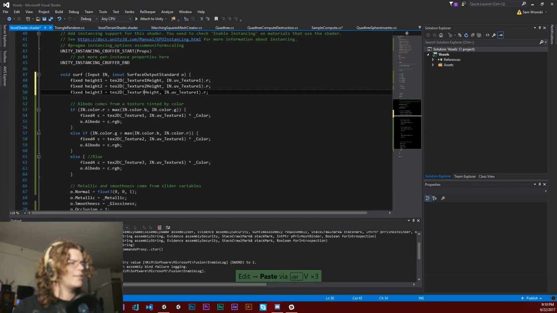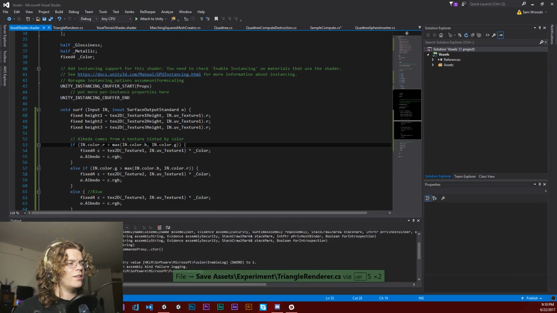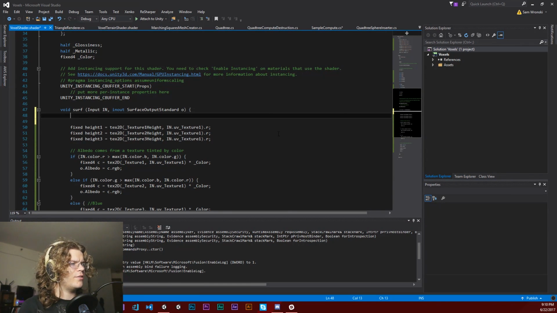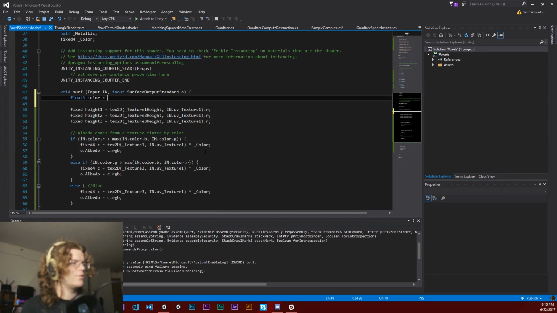And then we can just change that so that each of them line up. And the name should be good. And then all I need to do is actually add to this input color. So instead of using the input color directly there, I'm actually going to just modify it here. So we're going to have a fixed 3. Let's do a float 3 of the color just so it matches what I'm using above. And so that is going to be equal to float 3 of our input color.r